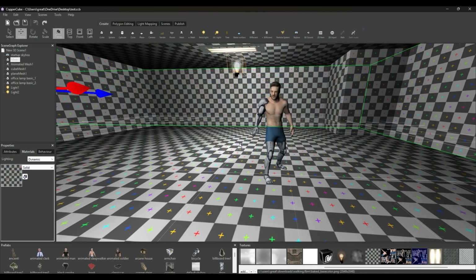But I got really, really into rebuilding a project and then learning how to do it in Unity. And I was like, you know what? We're going to do this in CopperCube. We're going to build a project from start to finish. And then I'm going to just do some off and on videos because they've worked on some